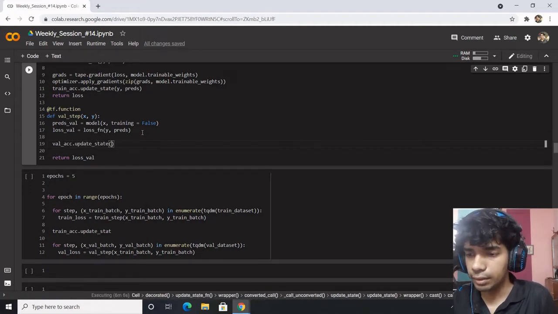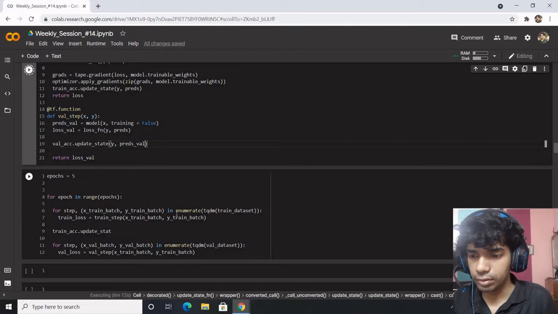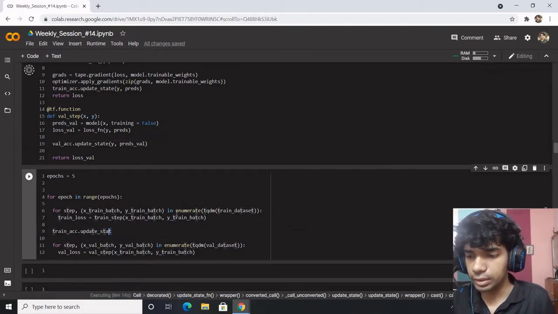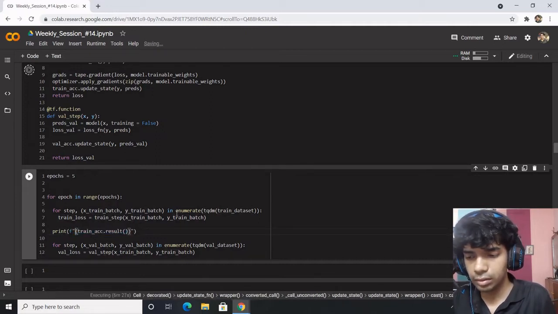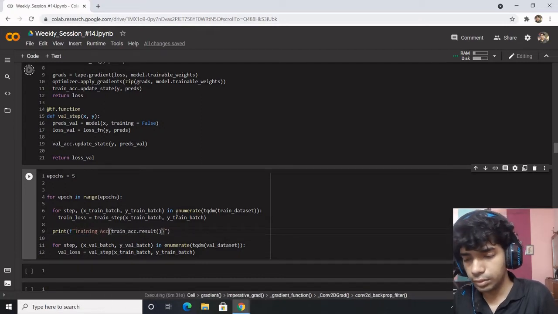Y, and we have the validation predictions. Good enough. Now what we do is get the result and print it out as training accuracy.